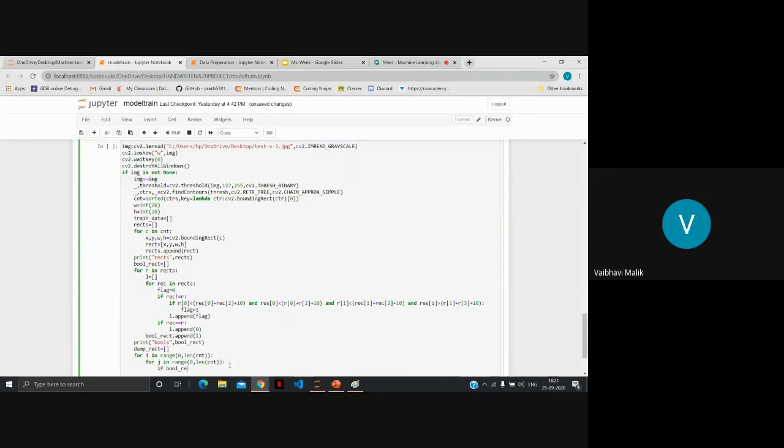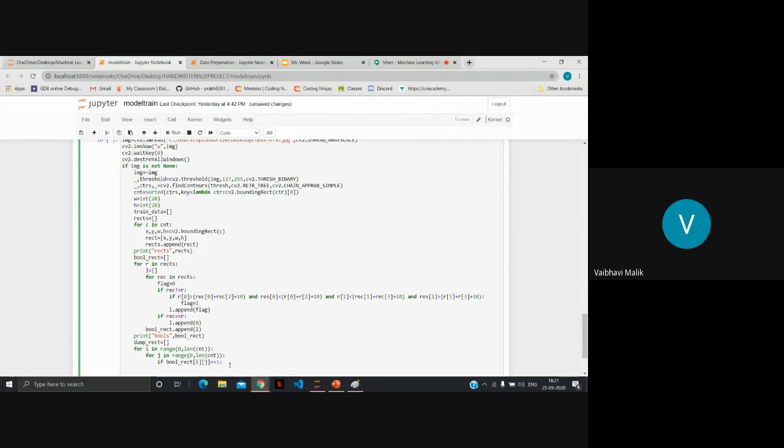If our bool rectangle value is equal to 1, that is our flag is equal to 1, that means we have an invalid rectangle and we have to find the rectangle with the maximum area of both of them.